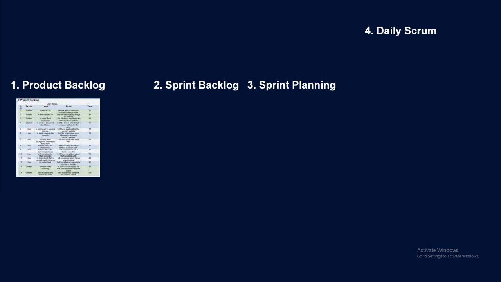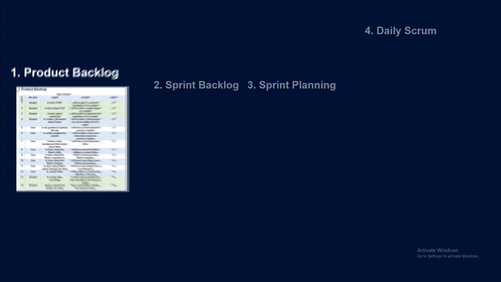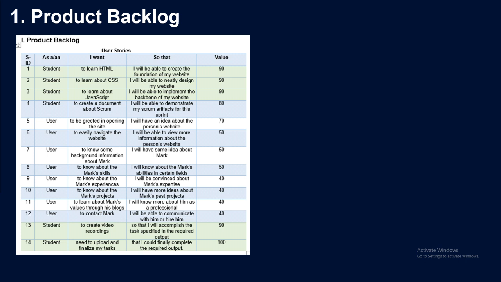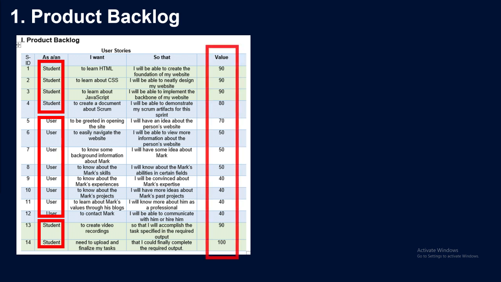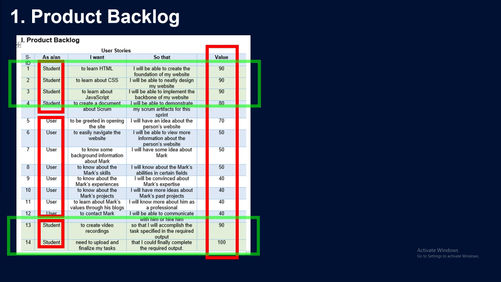Now, for the next artifact, firstly, for the product backlog, where I would create user stories for the product I am to create, the nouns that I used were as a student, since the output and product for this sprint is a type where it's a school setting where I have to submit something. And since I am to create a website, another noun that I use would be as a user pertaining to the future users of the website. Then, I measure the user stories value based on the importance to the sprint by value points. Some user stories that have high value points are colored with a green shade in the table to indicate its